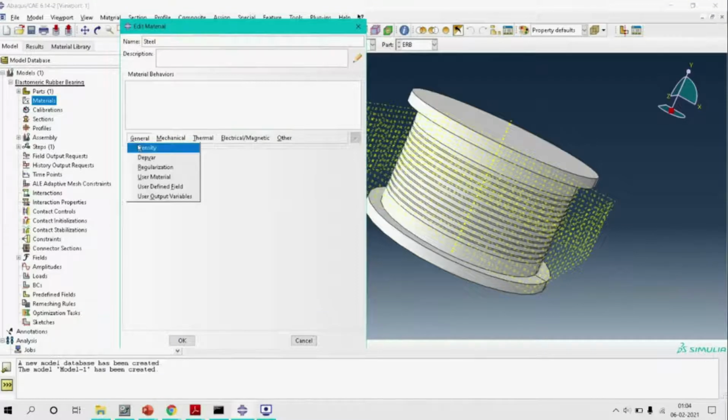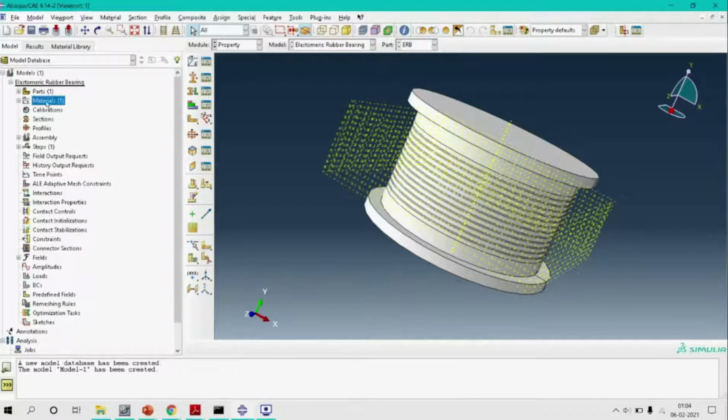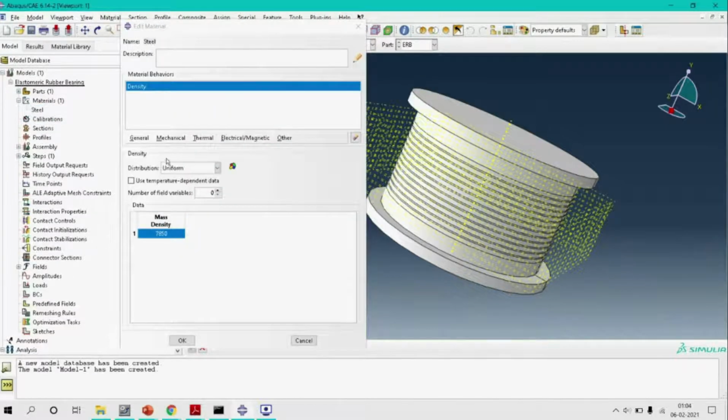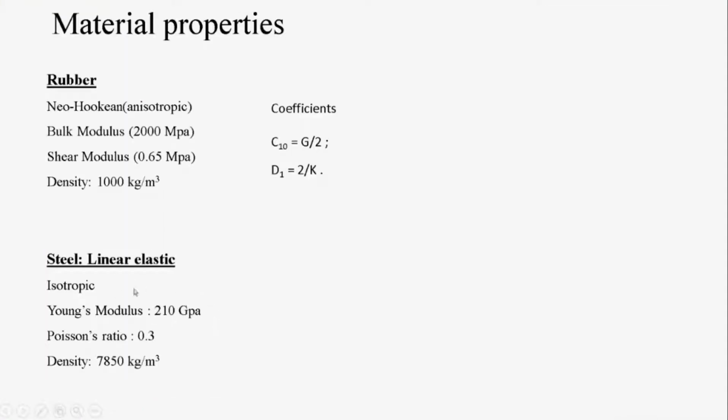In general, we select the density, 7850 kg per meter cube for steel. Okay, again we also have to assign these two properties.